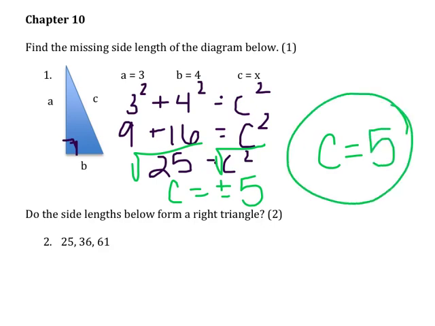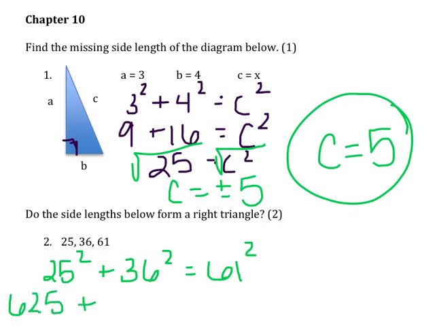Do the side lengths below form a right triangle? Remember, c is always going to be your largest side. So is 25 squared plus 36 squared equal to 61 squared? Now, this is where having a calculator will be very helpful. So 25 times 25 is 625 plus 36 times 36, that's 1296, and 64 squared